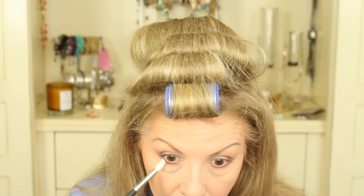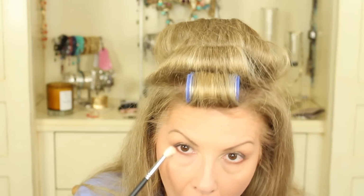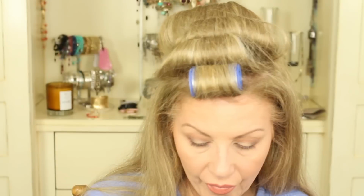Now I'm just going to take a fluffy brush, and I'm just going to soften that line underneath. All the way up. Okay? I have to say I like the shadows so far. I think I'm going to touch just a little bit of the peach over that white on the lid. I'm not loving that white too much, so I want to soften that look by putting a little of the peach over and then just blending it into the corner. That looks much better than